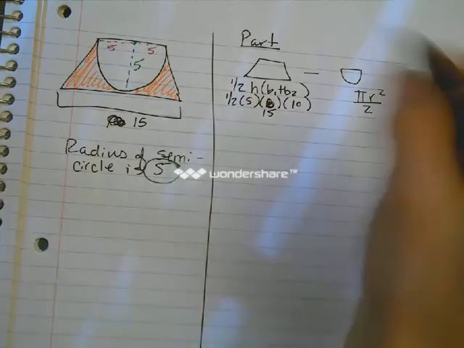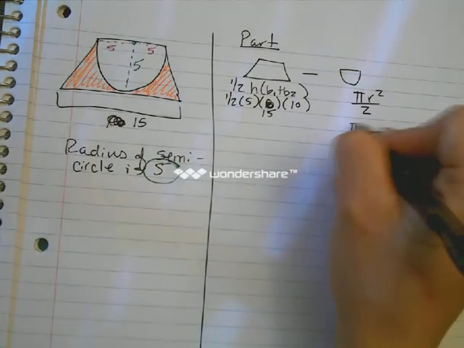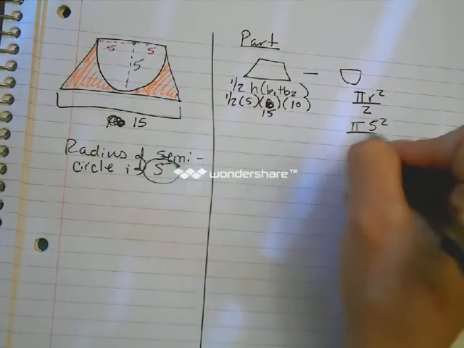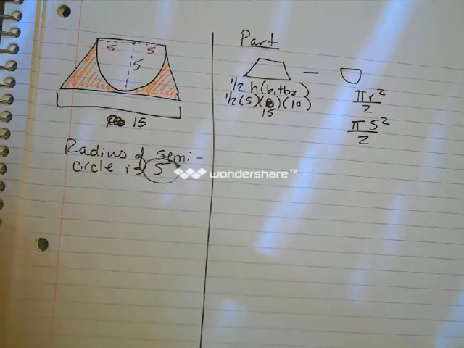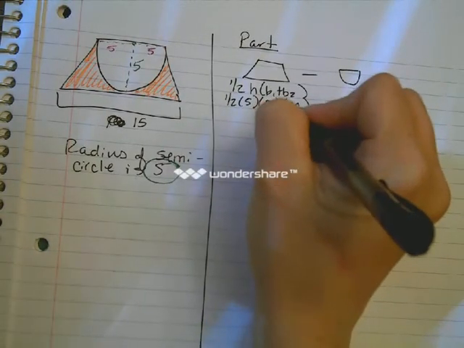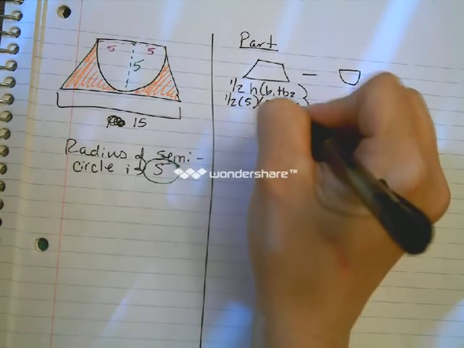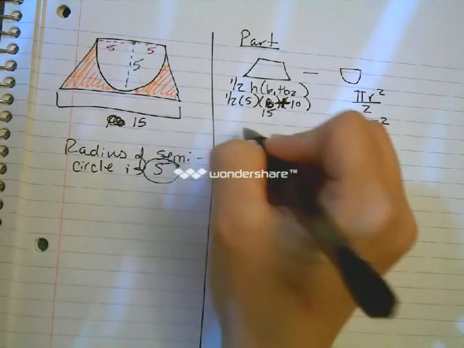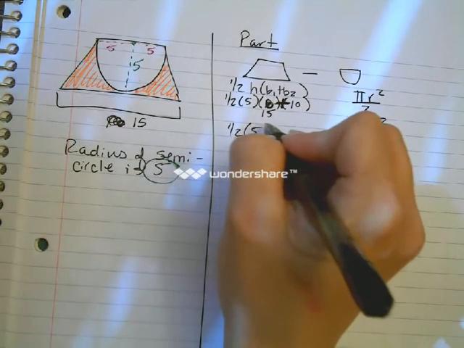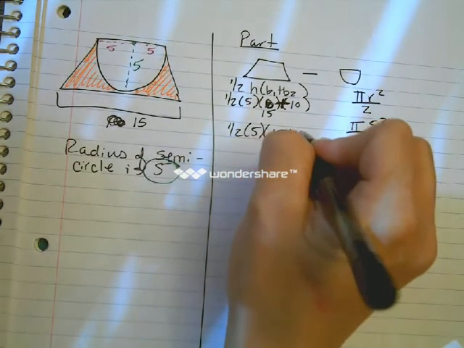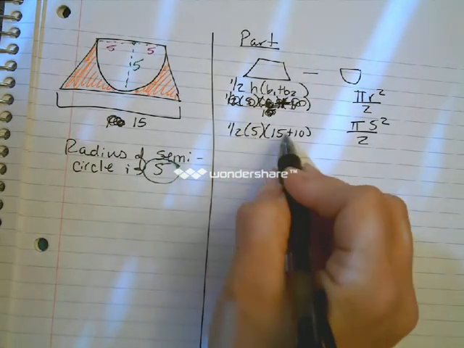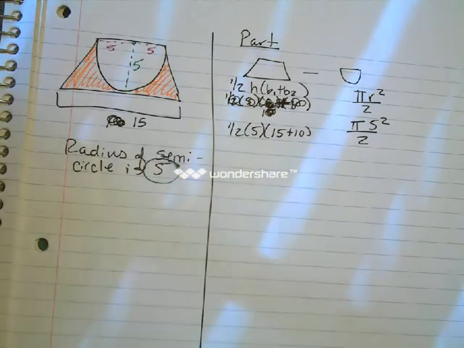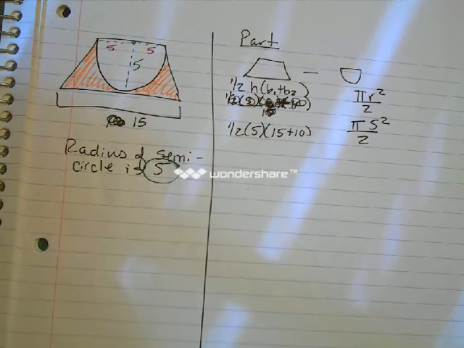Now you can get out your calculators. Oops, I made a mistake here. That should have been a plus sign, not parentheses. Let me rewrite that whole thing. 1/2, 5, 15 plus 10. This is the height. That's my bottom base. That's my top base. 10 plus 15 times 5. I get 62.5 minus